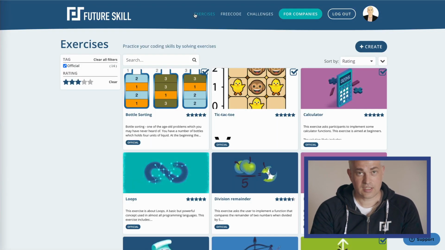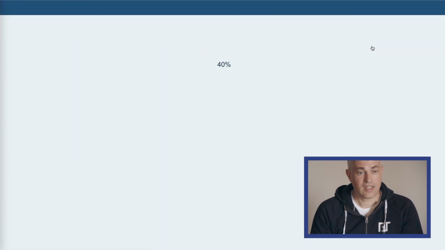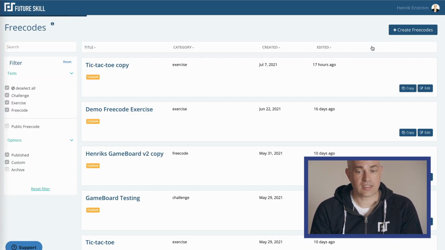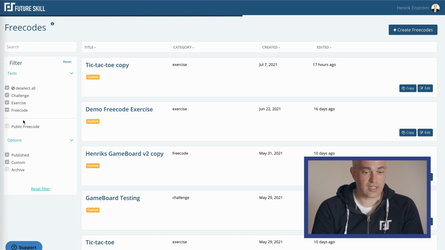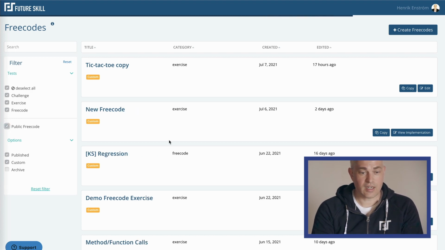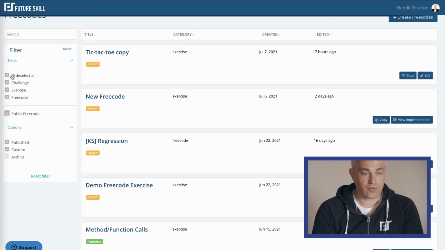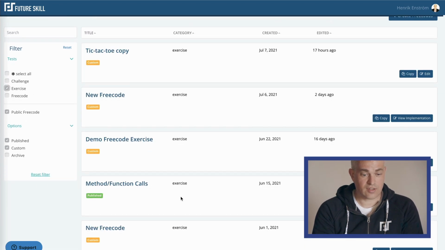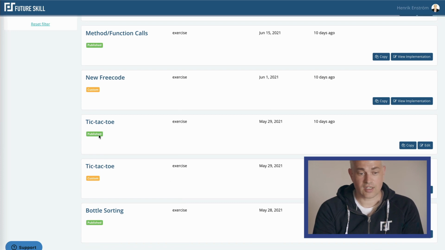I go to exercises where we see all the available exercises, and then here you find the create button. So I press that one, and then I'm in this view where I have a listing of my own free codes, meaning exercises and challenges, but also public ones that I can copy from. So if I press public free code here, I will also see other available free codes. I can deselect and go for exercises, and here for example is tic-tac-toe, which is a